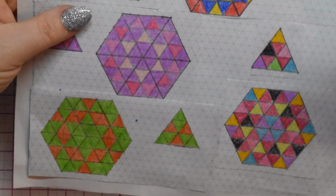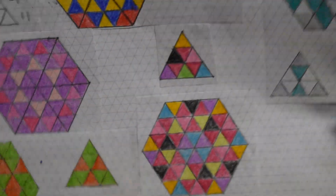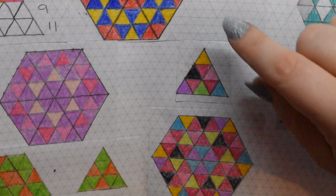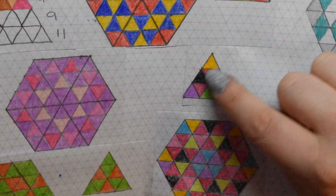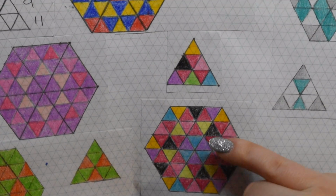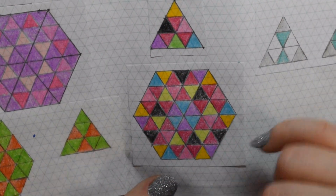Now if you're wanting to be able to flip them, say if you wanted to take this one, this is one that took me a little bit more figuring out. My husband had to help me with this one. I wanted the red 3 going in the same, but I wanted the other ones in all different colours, and we've had to rotate the triangle and flip it at the same time,